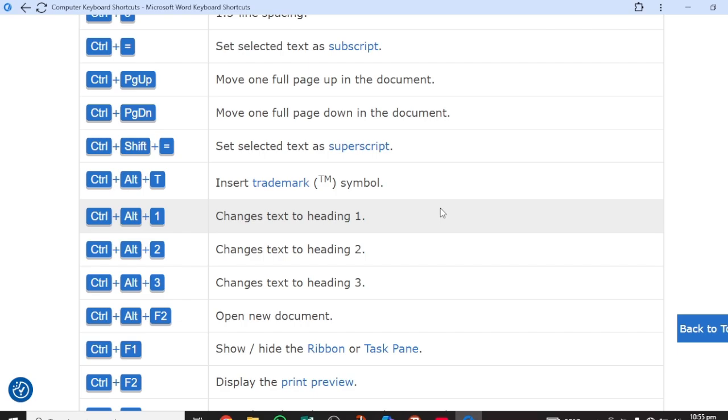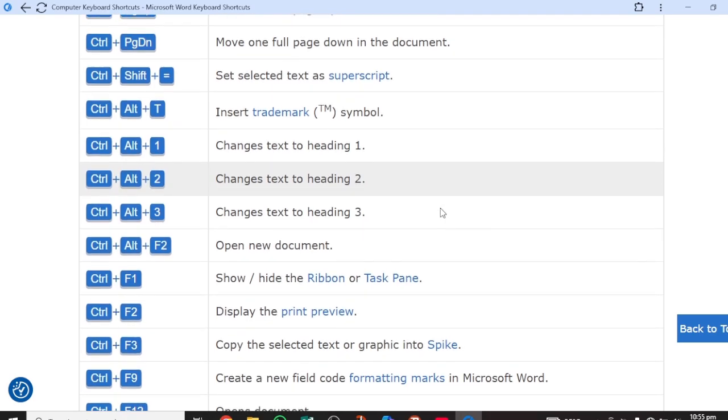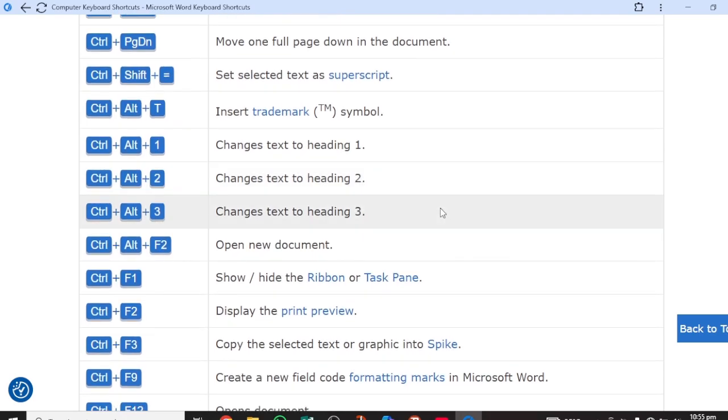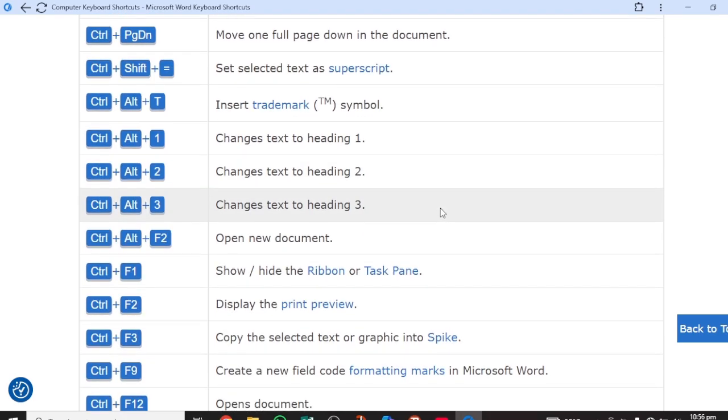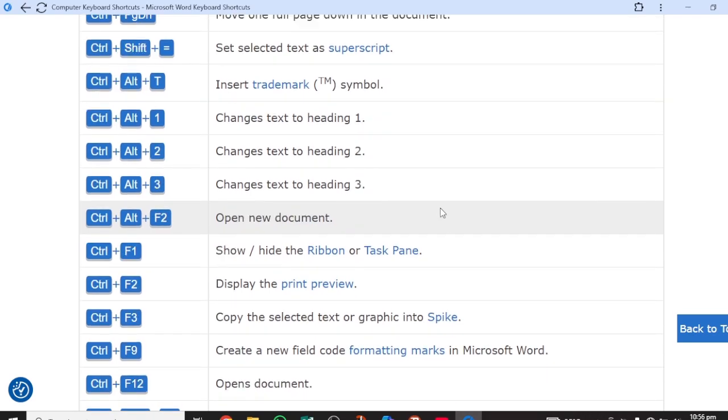Ctrl+Alt+1 changes text to heading 1, Ctrl+Alt+2 changes text to heading 2, Ctrl+Alt+3 changes text to heading 3. Ctrl+Alt+F2 opens a new document, Ctrl+F1 shows or hides the ribbon task, Ctrl+F2 displays the print preview, Ctrl+F3 copies the selected